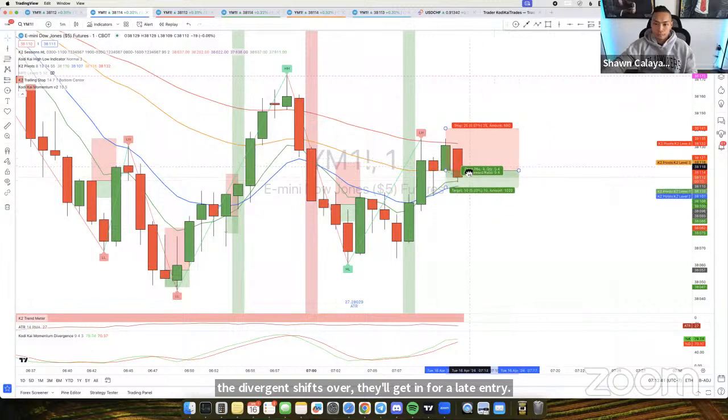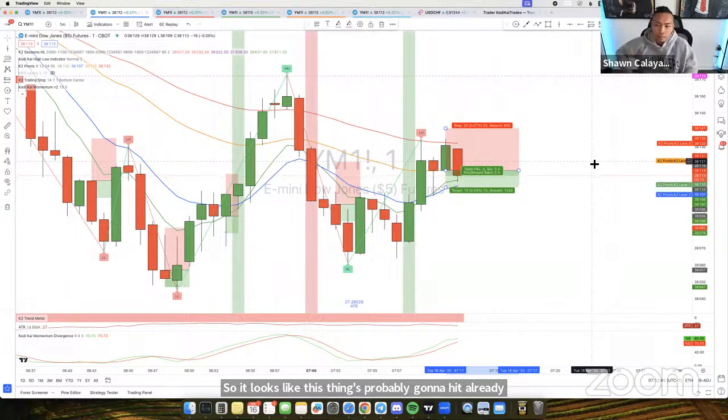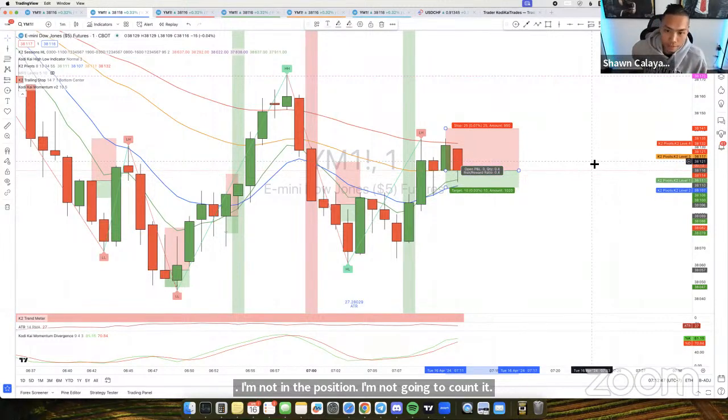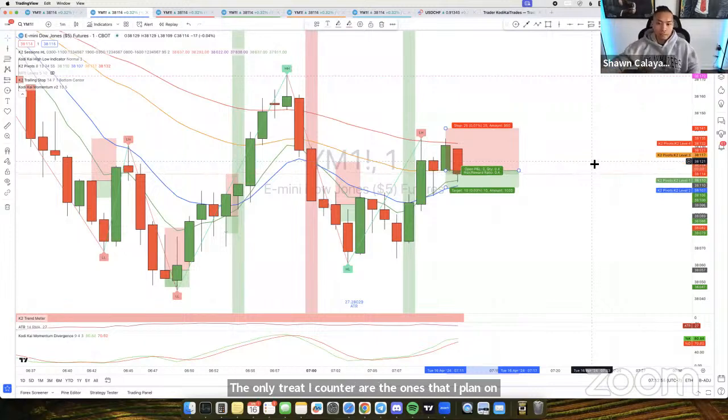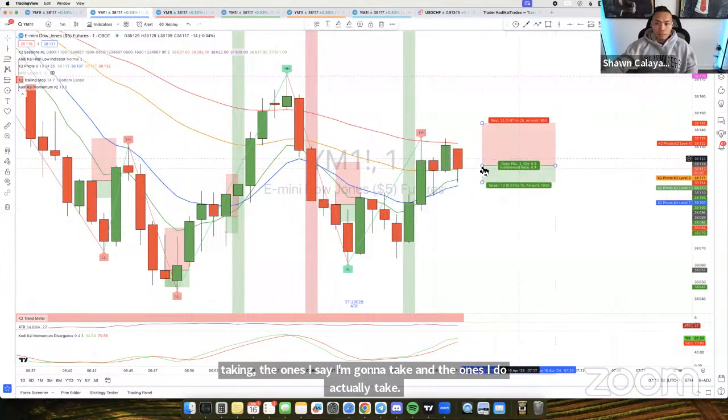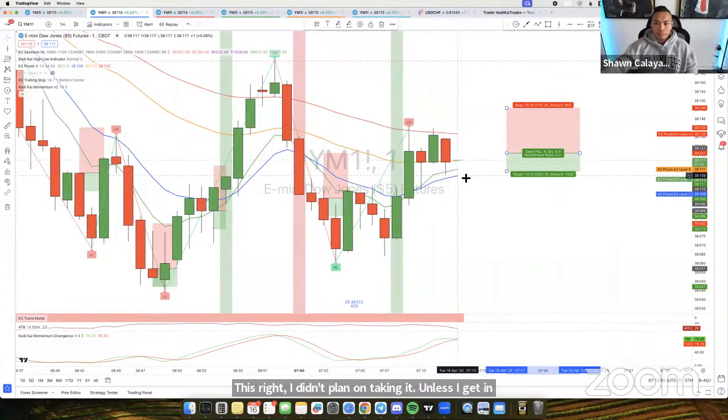So it looks like this thing's probably going to hit already. I'm not in the position. I'm not going to count it. I said I was going to take it. So I'm not counting these trades. The only trades I count are the ones that I plan on taking, the ones I say I'm going to take, and the ones that I do actually take. This right here, I didn't plan on taking it unless I get in late. So if I get into this position late, then possibly. But